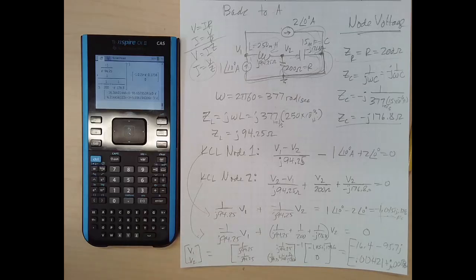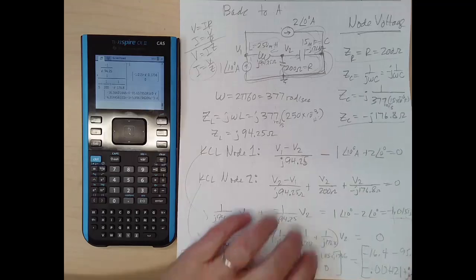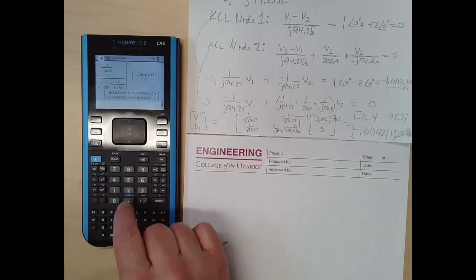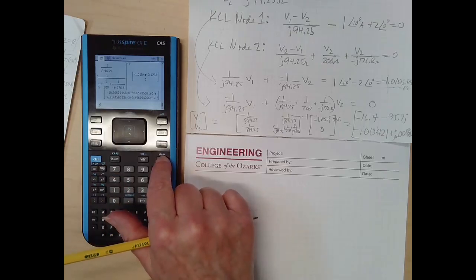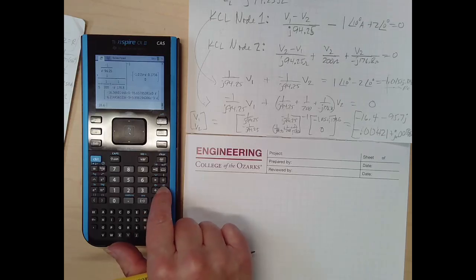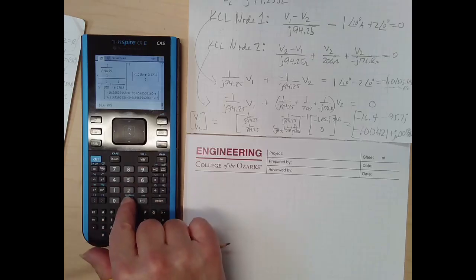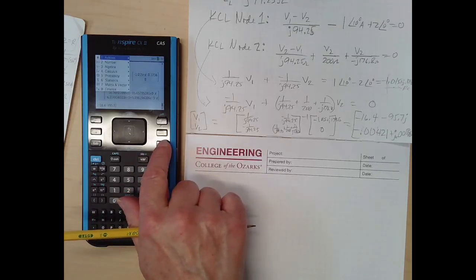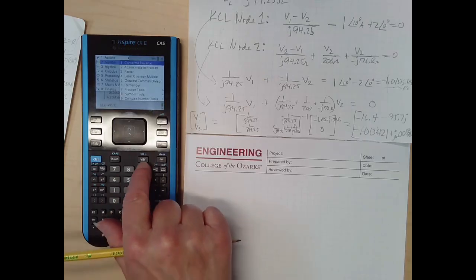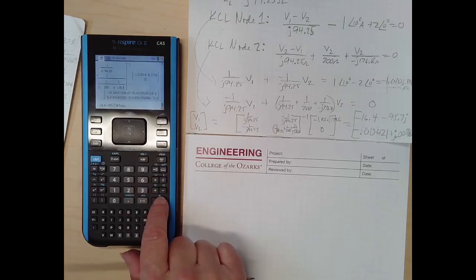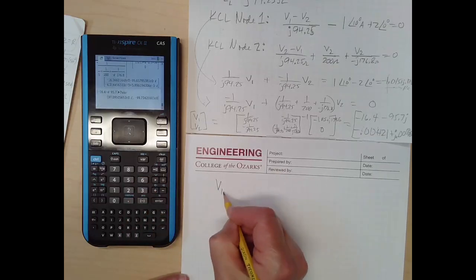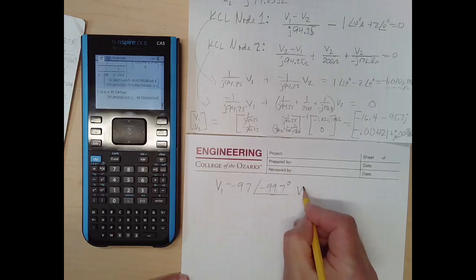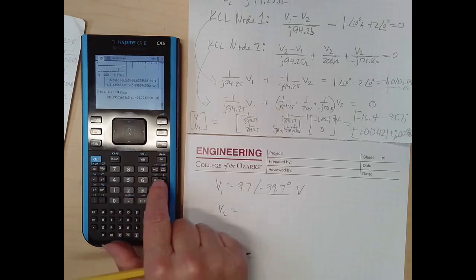Alright, well, let's see what we get. And so usually we like to have our voltage and current phasors in polar form. And so let's go ahead and see what we get there. So negative 16.4 minus j 95.7. And then we're going to remember how to get to polar, so I think we need number, complex is 9, convert to polar is 6, enter. Alright, so it says V1 is 97 at an angle of negative 99.7 degrees, and says V2